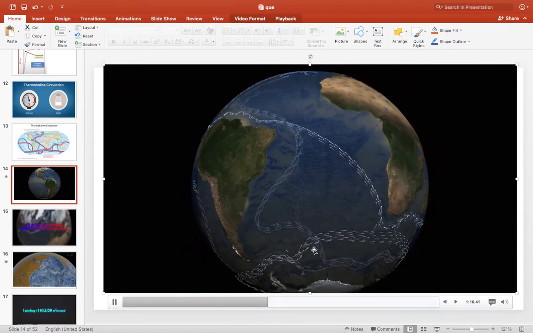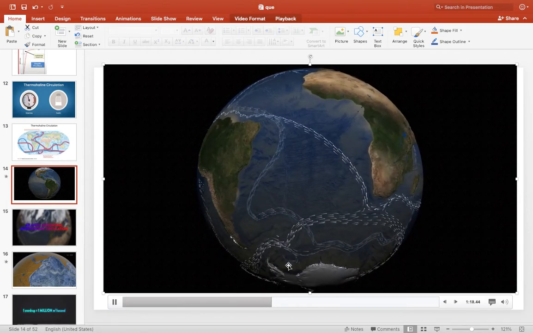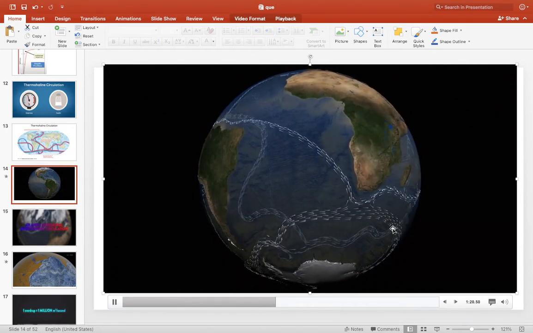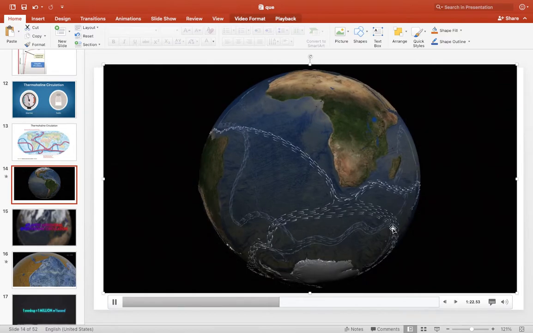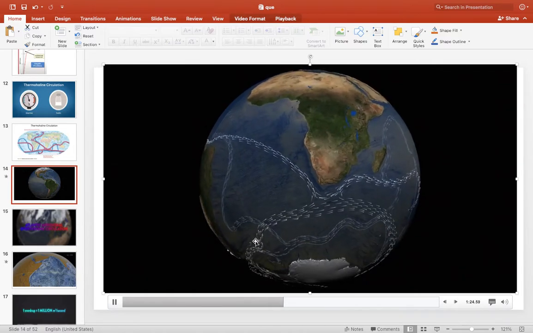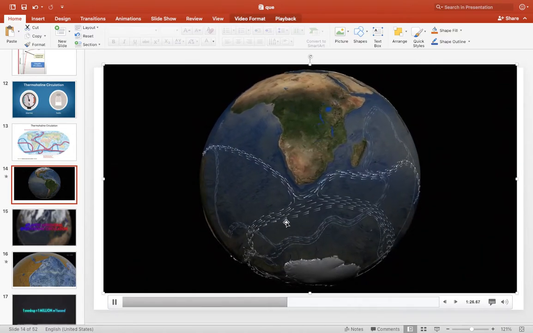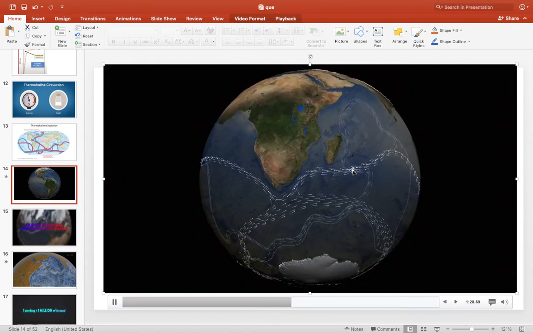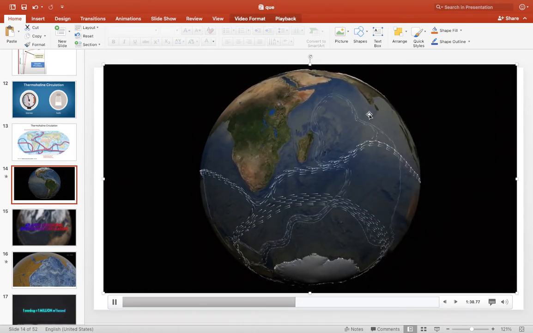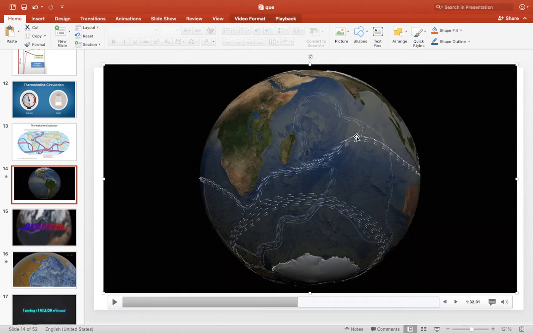It is moving all the way to Antarctica, and here we can see there are some regions close to the Ross Sea. There it is going down, and there are some places where it is coming up again. So one arm is going this side. Now here it is coming to the surface. See, this is your equatorial region, and in some equatorial regions there are specific places where we have upwelling.